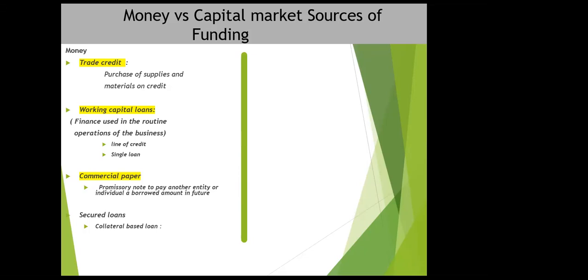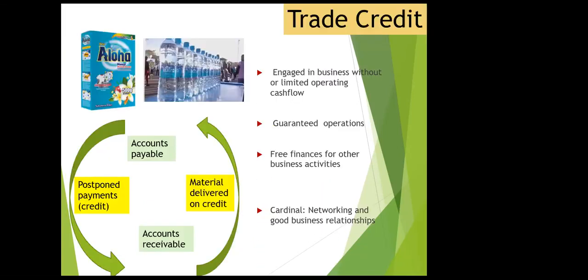Okay, so for most of you who are into supplying stuff or in the market to sell goods, okay, trade credit comes in handy when you have limited money for you to purchase the imports of what you're going to use to produce whatever you're producing to offload on the market. So how does it work? Okay, how does trade credit